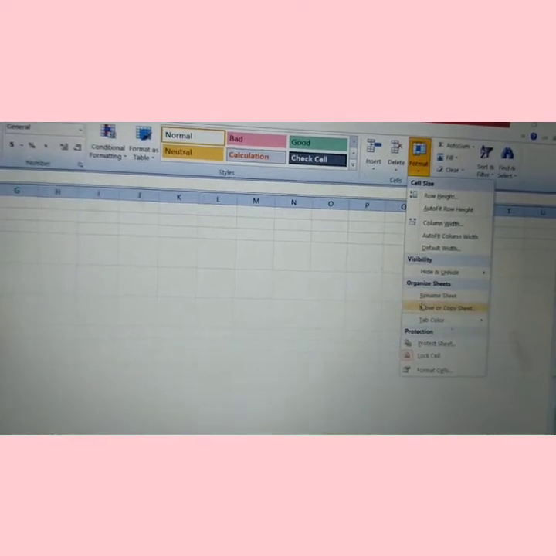Here the drop down list will appear, and then we have to click on hide or unhide rows or columns. Now whatever you want to hide or unhide, so pick from here. Suppose hide rows. Now you can see the area is disappear.